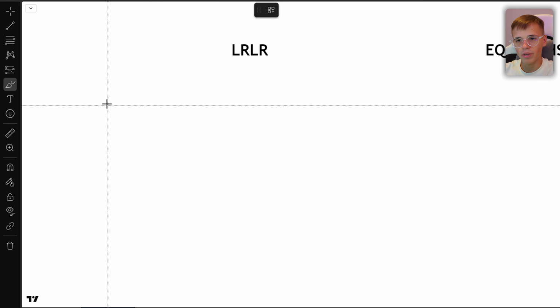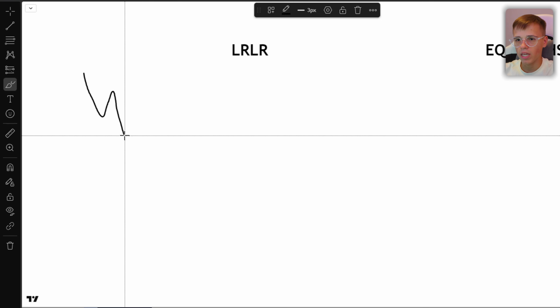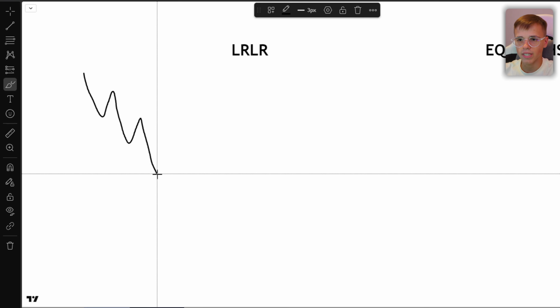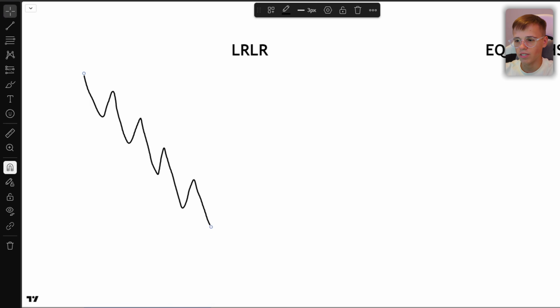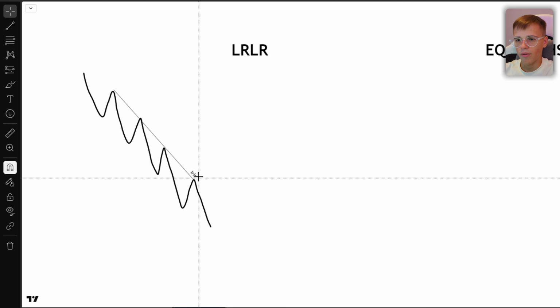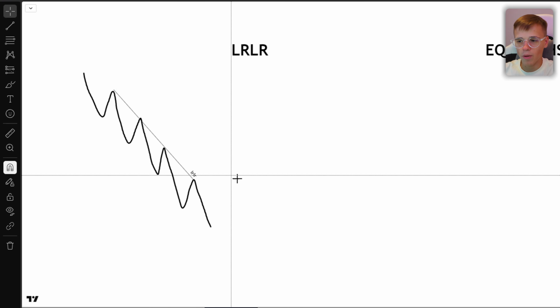So when we have some kind of structure to the downside, so we are just making structure like this, and we have a lot of highs in the markets, let's say, that are untaken like this. So basically a lot of the times we can just mark them out with a line like this, and we mark them out like this because it is a lot of the time going to look like some kind of trend line.